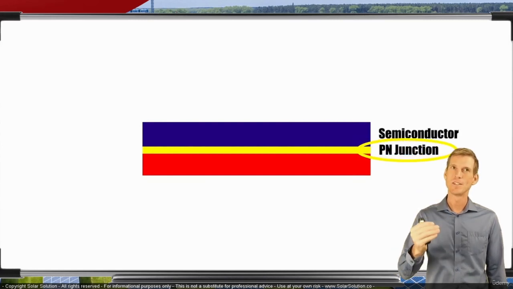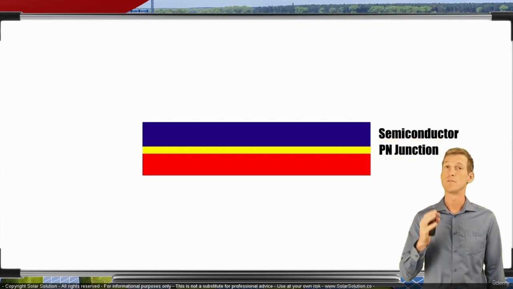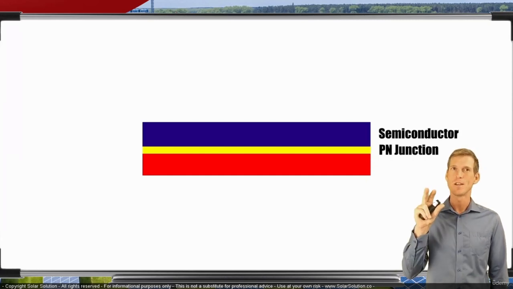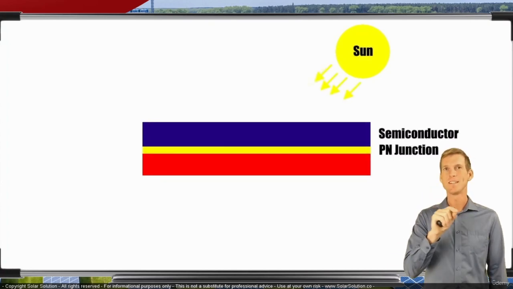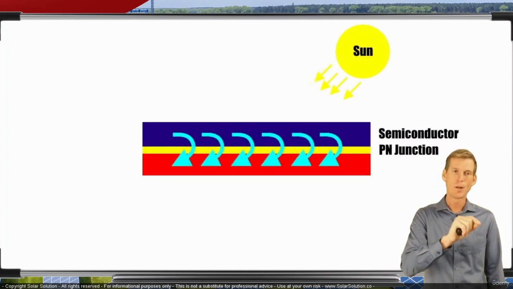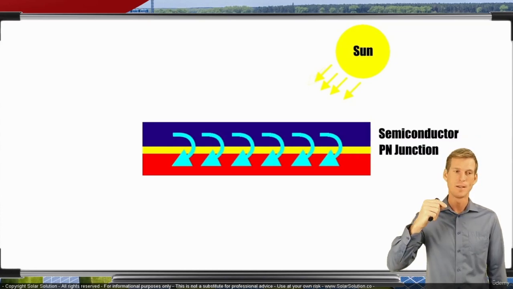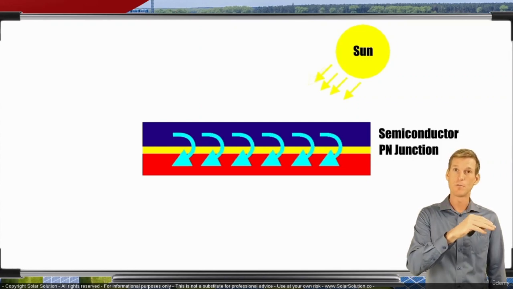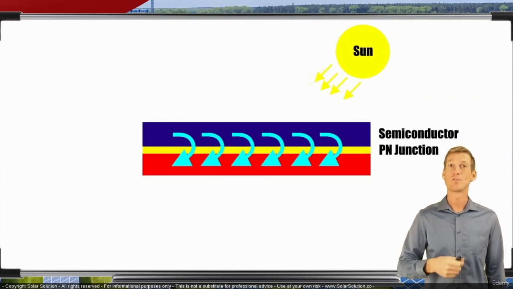And the p-n junction, this is what it's all about. This is what we're trying to create, and this is where the magic of the PV effect happens. Because if we take this semiconductor with a p-n junction and we hold it in front of the sun, then electrons want to jump from one side to the other side of the semiconductor. They want to jump over the p-n junction inside of the semiconductor, and electrons, which are the building blocks or the driving force behind electricity, want to jump from one side to the other, and this then is the start of an electrical circuit.